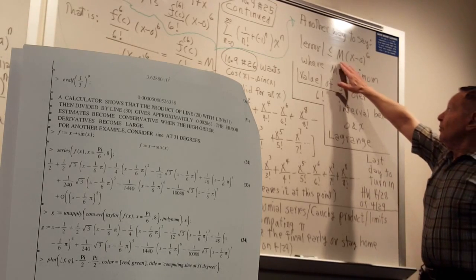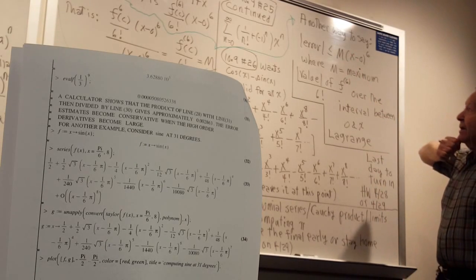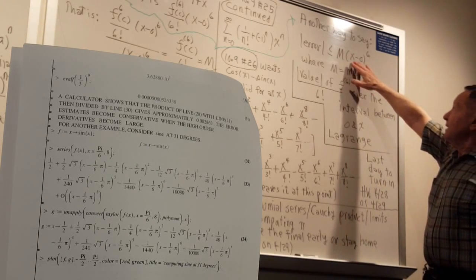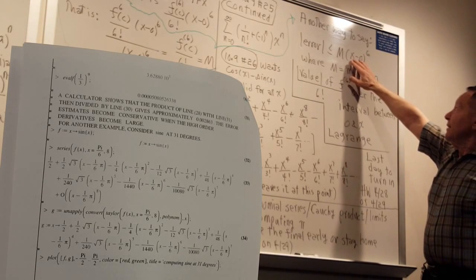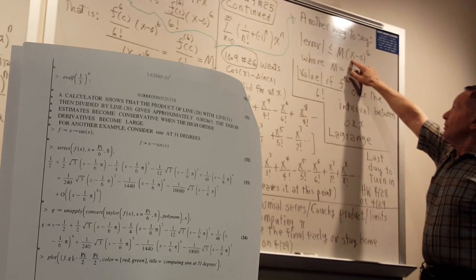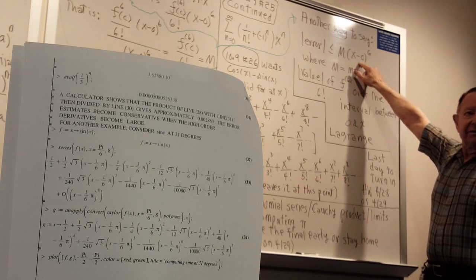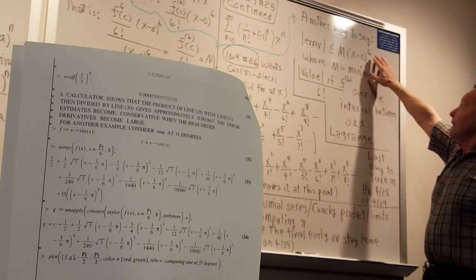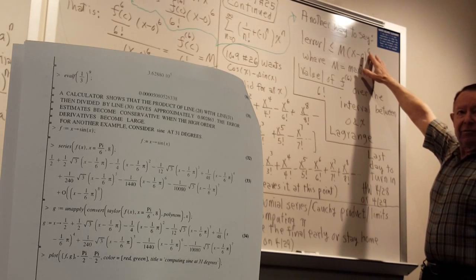So that would be a 1 if you were talking about sine, and then it would be the x, which would be the 31, would be 1 degree in radians, so it would be pi over 180 here, and it would be this number, whatever